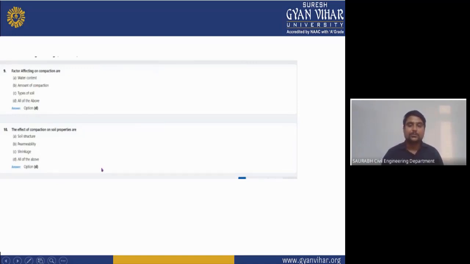So that was the MCQs, and one thing I would like to suggest: these MCQs are very important and are taken in the GATE examination. If you solve these MCQs, it will help you a lot when you sit for the GATE exam, and maybe after graduation you will also sit for a government exam. It can help you a lot if you are going for private jobs, for example L&T, or for SSC, where you also need to know the work of compaction and the work of consolidation. That's why